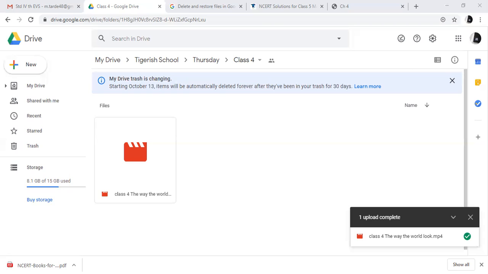Now, this is written as 1 by 3. The upper part is called the numerator. 1 is known as the numerator, and the 3 below is known as the denominator. You will understand this properly in sixth standard, but just remember for the information: the upper number is called the numerator and the lower number is called the denominator.